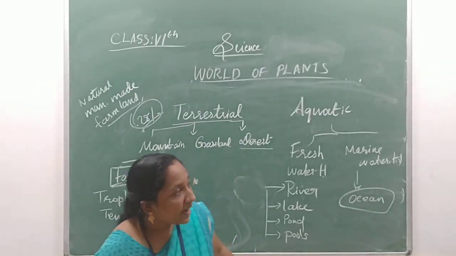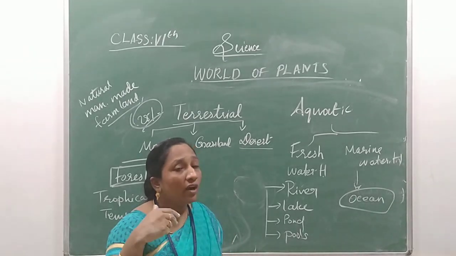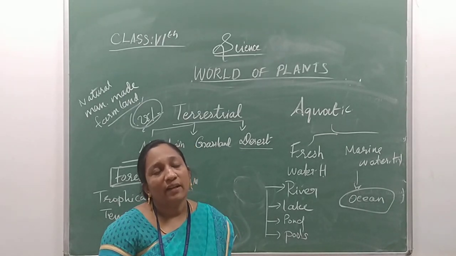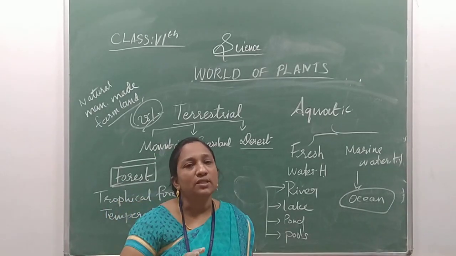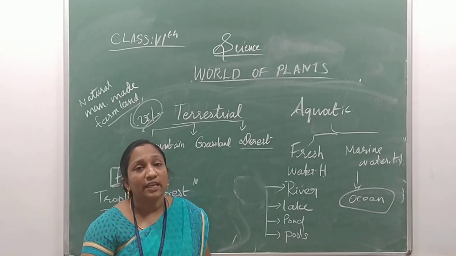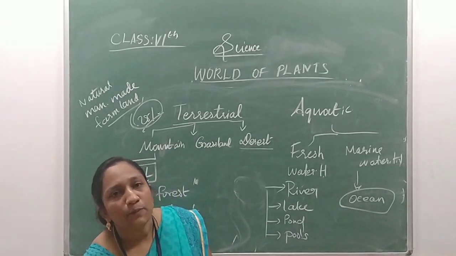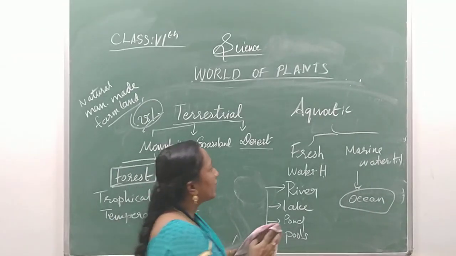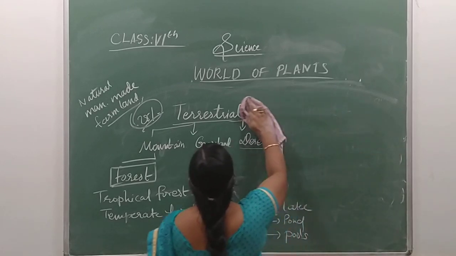Okay. And next, no species can live in the Dead Sea because it has a lot of salt content. It kills the animals and plants. No plants and no fishes can be found in that sea. That's why the sea is called what? Dead Sea. Because it does not allow any species to live. So that's why it is called Dead Sea, Savakadal. Okay. So children, did you understand these concepts?